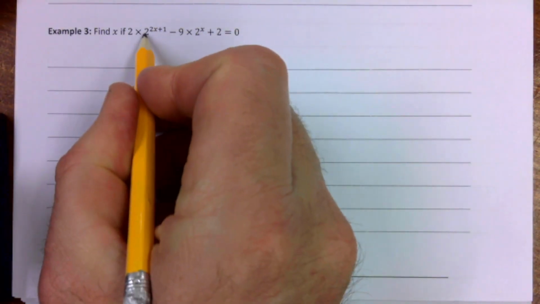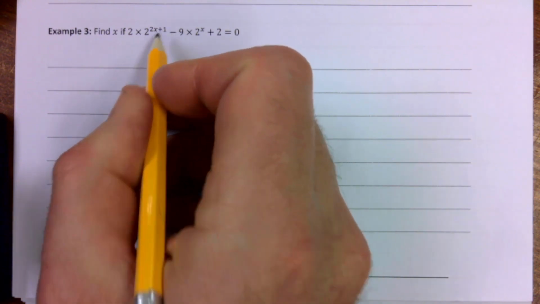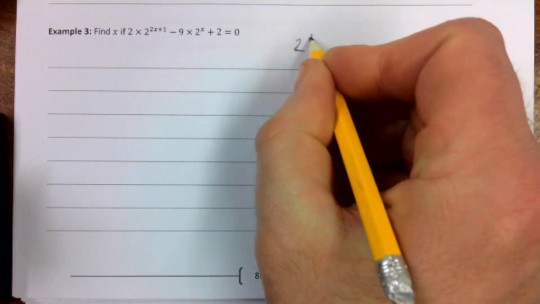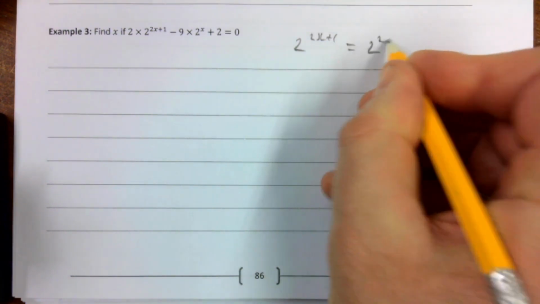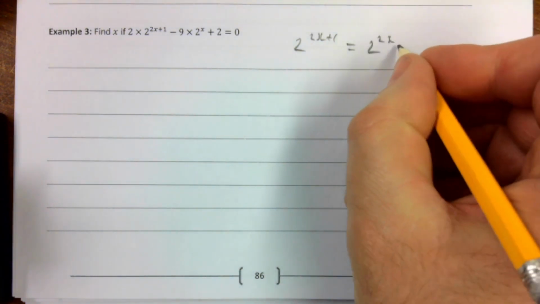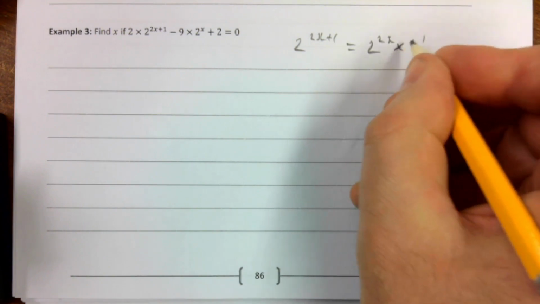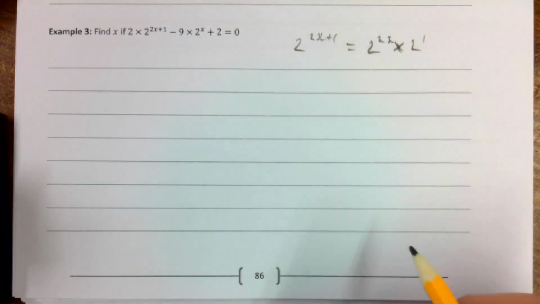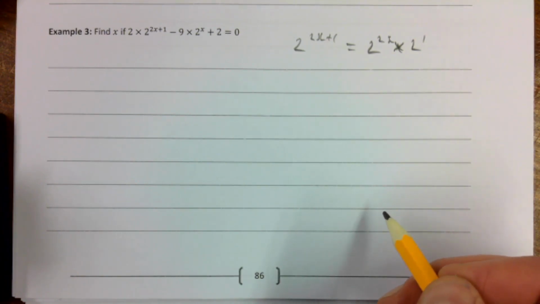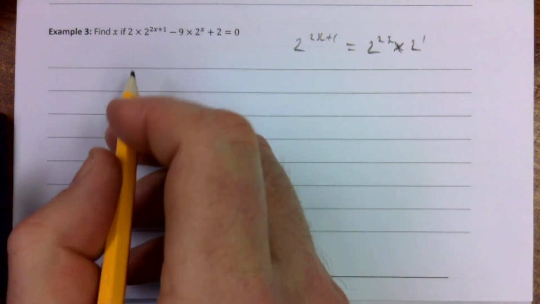So this 2 to the power of 2x plus 1, I'm going to rearrange somehow. 2 to the power of 2x plus 1 is the same as 2 to the power of 2x multiplied by 2 to the power of 1. Hope we're okay with that. We learned that in year 9, as in we add the two powers, so I've effectively just done that backwards. So that means my question then becomes